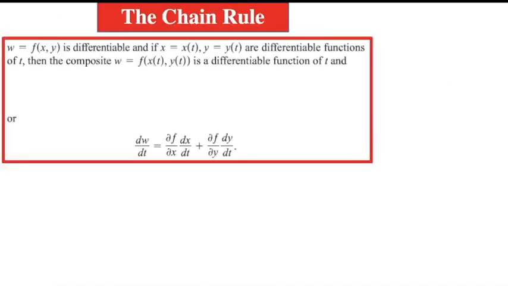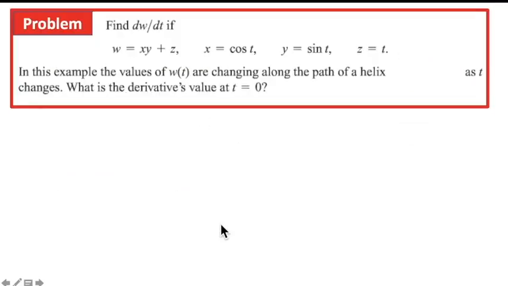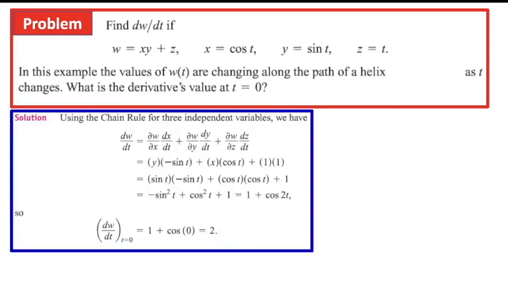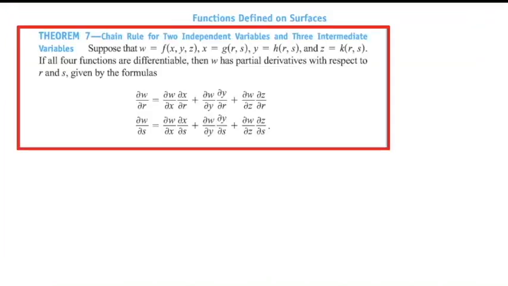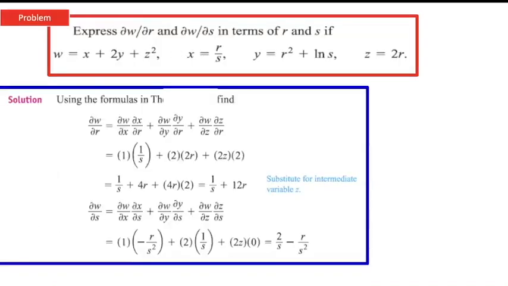Now first I will discuss the chain rule. This is the chain rule for two functions. If the function is given and there are two independent variables, or if there are three independent variables, then I will take a real world problem. Then I will discuss the chain rule where the function is given and x is also dependent on two independent functions. We cover these types of functions and then see the problems related to them.